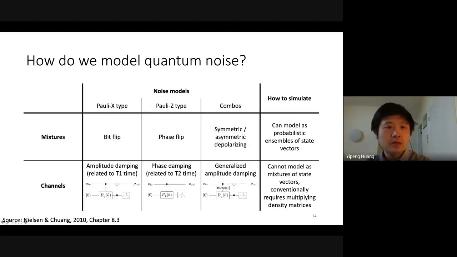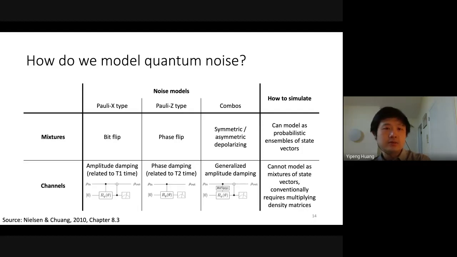And so there's many different types of quantum noise. If you go into the Nielsen-Chuang textbook, chapter 8.3 gives some canonical examples of important types of noise. Basically there's two types: mixtures and channels. Mixtures are the simpler type. What they represent is that you're going to have a probabilistic